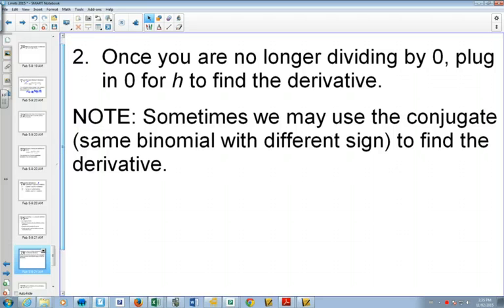So once we're no longer dividing by 0, in other words, no longer dividing by h, then you'll be able to plug in 0 and figure out what the derivative is. So, and we got the note about the conjugate and the strategies that we've seen before. Yes? And when there is no way to simplify it, that the 0 will get out of the bottom since